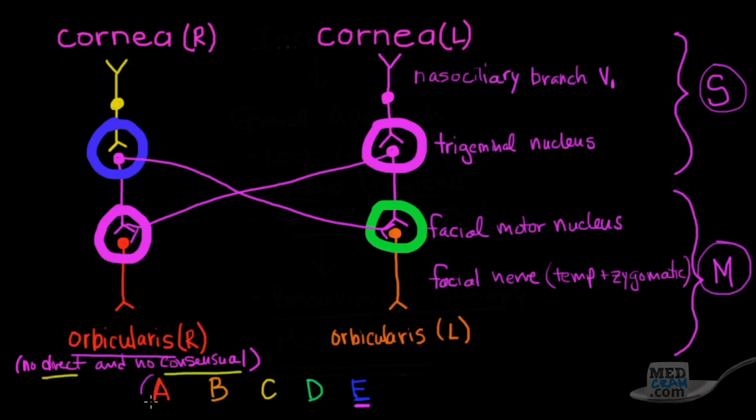Finally, we get to the answer A, which is the correct answer, as you probably have imagined by now, and that is this. The right facial nerve, specifically the right facial temporal branch of the facial nerve, is not working, and that would be consistent with no direct. In other words, we stimulate the same side cornea, and it goes through, but it cannot go through, and so there is no response. Or consensual, if we go to the left cornea, and we stimulate it, and it goes down, it will stimulate the left side, but when it crosses over on the interneuron to come over here to this side, it will not stimulate the orbicularis on the right. And so the correct answer here is A.